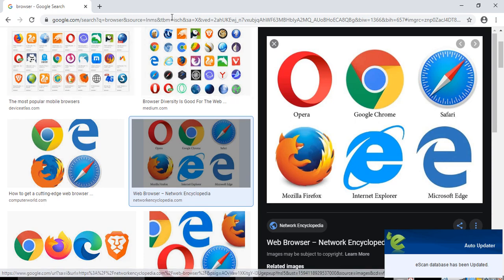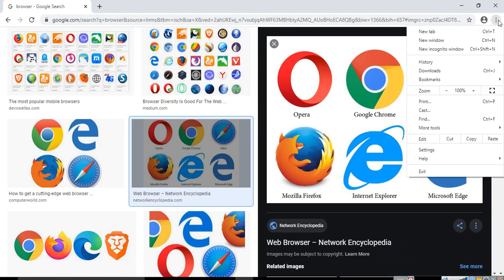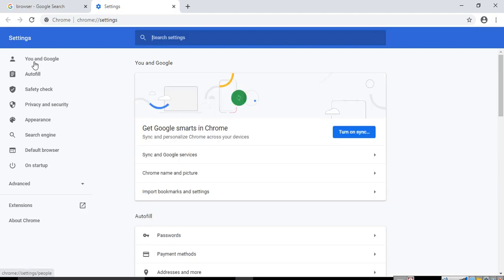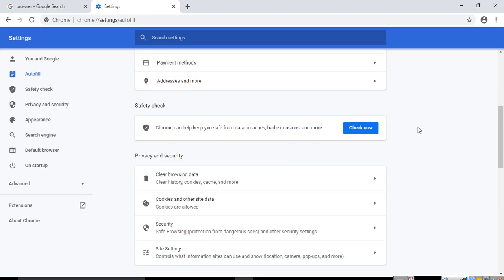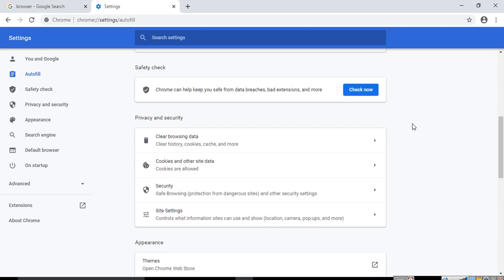Okay, so in this browser there are different types of settings. We see what they are. In settings, one setting is autofill. This setting saves your passwords, payment methods, or different types of addresses, and whenever you come repeatedly to this website, the forms are auto-filled. But this is too dangerous if you are not using your personal computer, so ignore it.